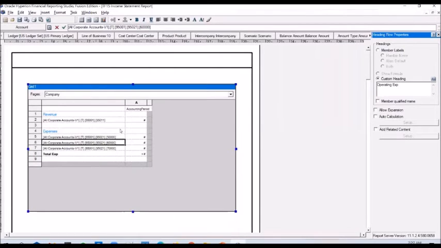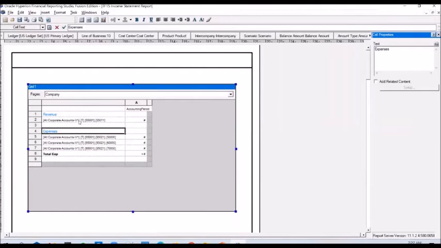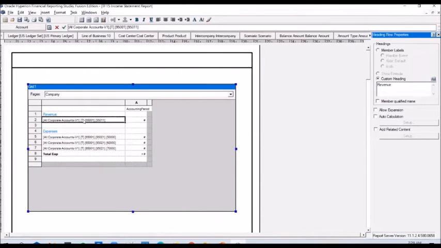We have configured the rows in particular, right? So we have two sections now, revenue and expenses. Revenue is coming from a single account, but if required, you can pull it from sub accounts of the revenue as well if you want. And for expenses, the balance is coming from 3 different expense accounts, and it will be displayed here.